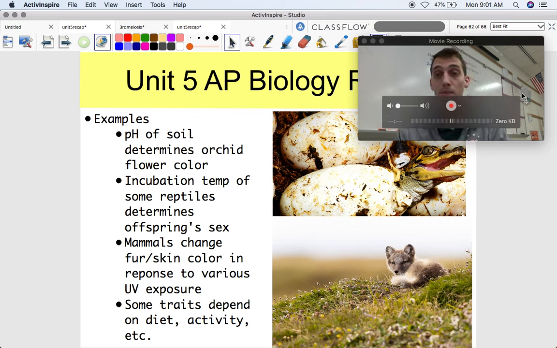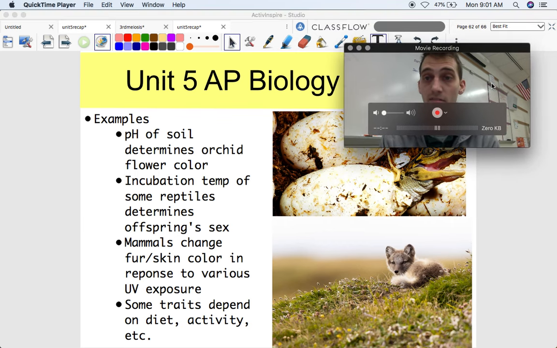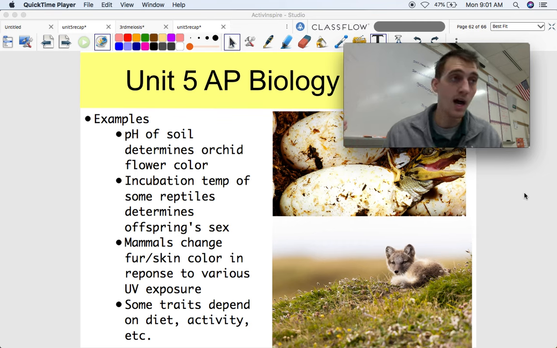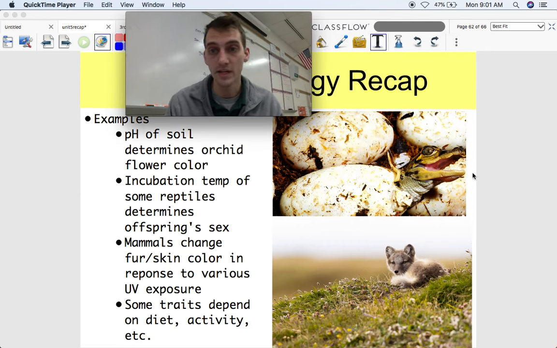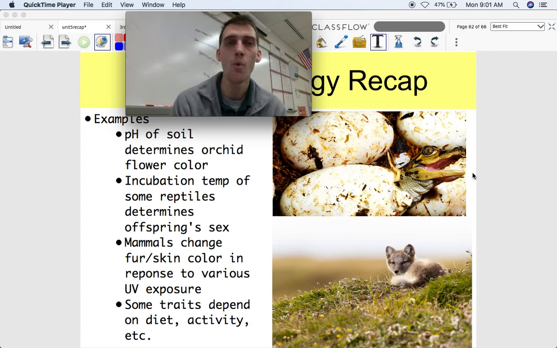So for example, two orchids might have very, very similar genes. They might have the same traits that allow for flower color, but if you pot them in different pH soils, they end up having different flower colors, which is kind of amazing. That's phenotype plasticity. For example, this alligator over here, certain reptiles, depending on how cool or how warm their eggs